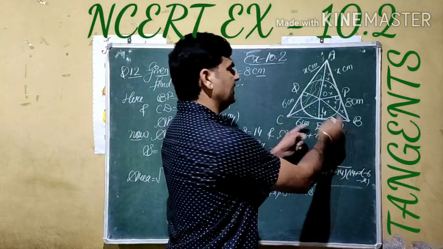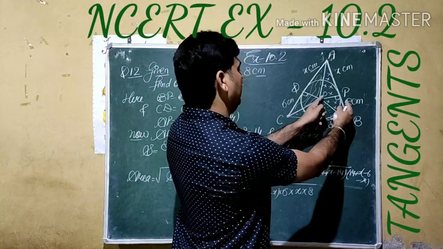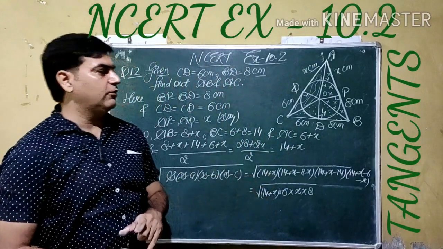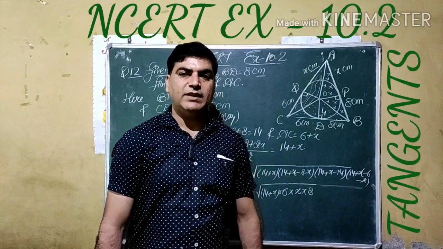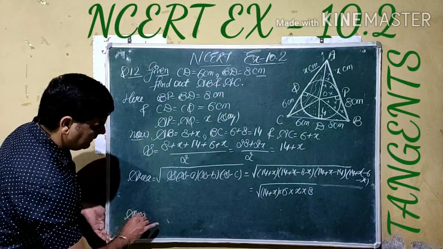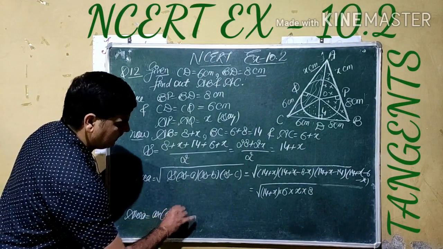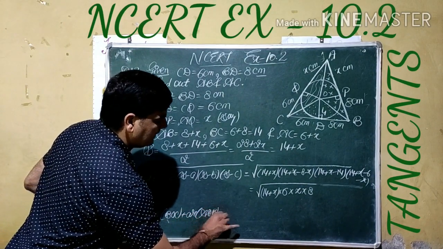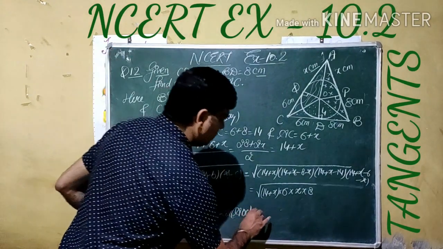In this, this is the base and this is the height. In this figure, this is base and height. In triangle AOC, this is height and this is base. So we can find the area of triangle ABC by the area concept, 1 by 2 base into height. So here, area of triangle ABC can be written as area of BOC plus area of AOB plus area of AOC. So we are going to use 1 by 2 base into height.